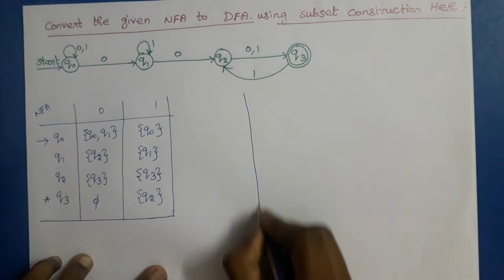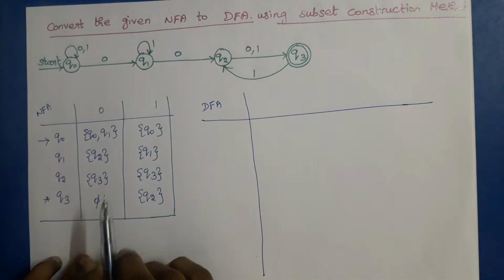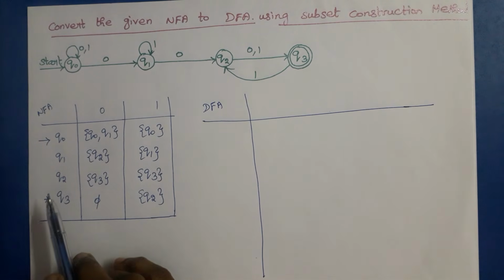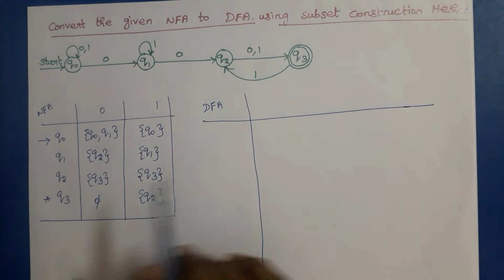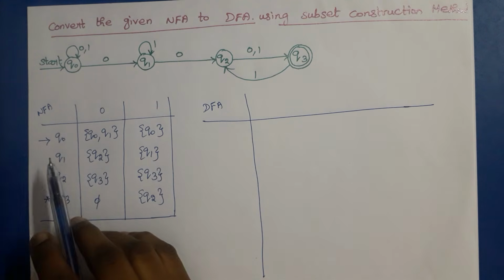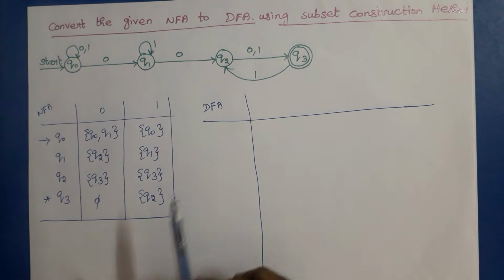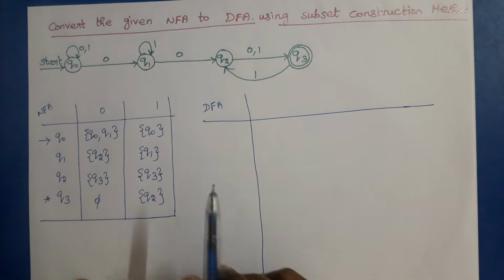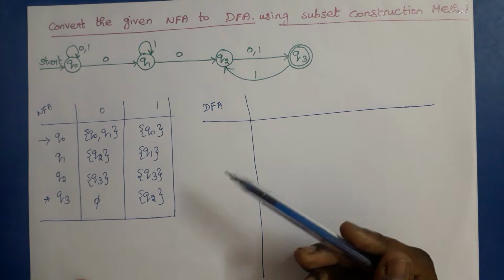Now we can construct the DFA in subset construction method. We already know about the set of states of DFA. If NFA has n number of states, then DFA will have 2 to the power n number of states in the worst case. So here NFA has 4 states, so DFA will have 16 states, but not all the 16 states are accessible from the start state. So we can start constructing the set of states of DFA from the start state. It is not necessary to construct all the subsets. Finally we have to consider only the accessible states.